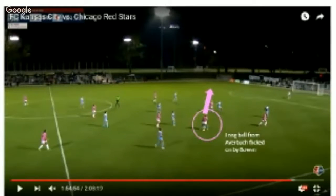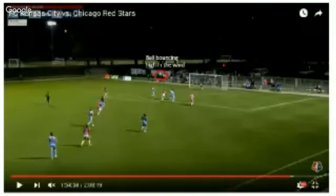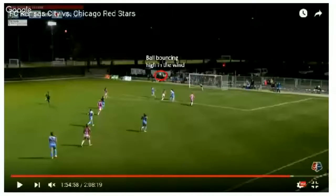I didn't circle it, but follow the arrow, and you can kind of see it. So just a simple long ball flick through from her. The ball's still in the air, bounces, it goes really high. Again, that wind is really playing havoc with the ball in the air, and Erin Gilliland is best positioned for